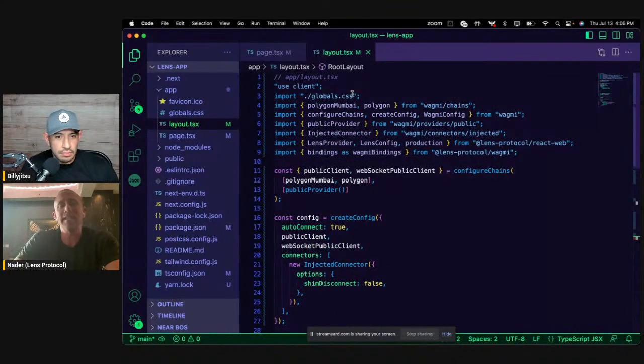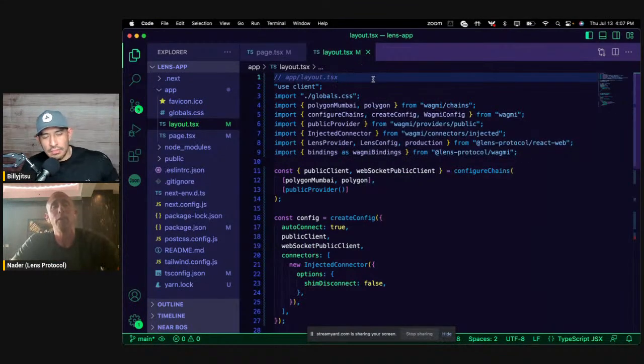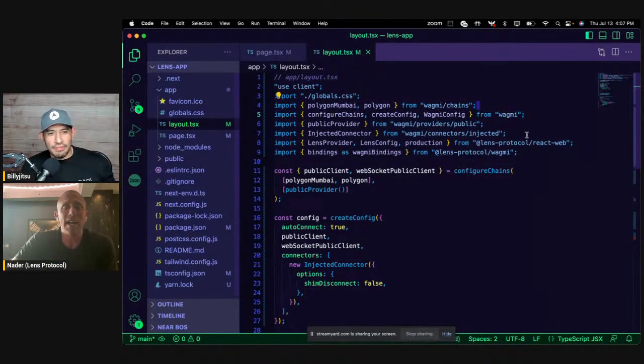But once you've done this, all the child components are just single liners, and it does a lot of stuff for you. So without going into tons of details, we have 4 dependencies on WAGMI. So this is all WAGMI specific stuff. We only have 2 imports from Lens, and then the WAGMI bindings are essentially taking this WAGMI stuff and combining it with Lens, and we do that right here